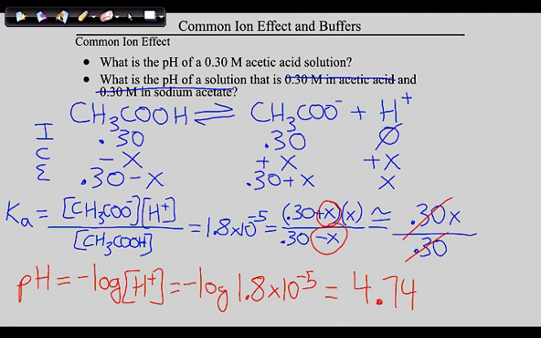Pay close attention. When we solve this for x, we got rid of the plus and minus x because those were insignificant. Then in solving this for x, the molarities canceled because they were the same. And when that happened, x just became equal to this. But what is this? This is Ka. So guys, functionally what we've done is we have plugged Ka in right here. But plugging Ka in right here is actually plugging Ka in right there, and we are no longer just taking the negative log of hydrogen, we're now taking the negative log of Ka, and you learned a couple days ago the negative log of Ka has a name,